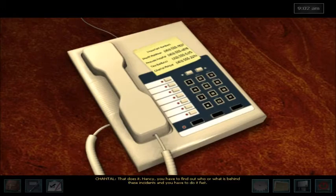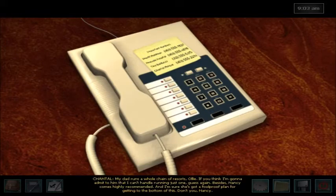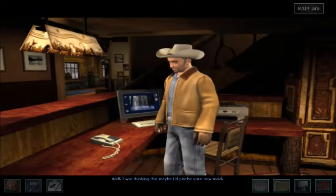That does it. Nancy, you have to find out who or what is behind these incidents, and you have to do it fast. You sure you don't want to give your daddy a call? My dad runs a whole chain of resorts, Ollie. If you think I'm going to admit to him that I can't handle running just one, guess again. Besides, Nancy comes highly recommended, and I'm sure she's got a foolproof plan for getting to the bottom of this. Don't you, Nancy? Well, I was thinking that